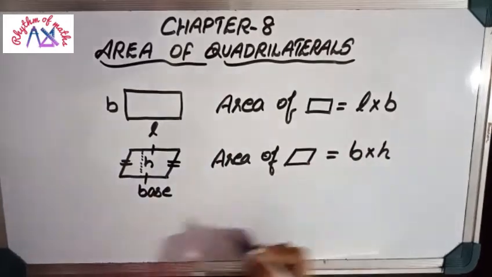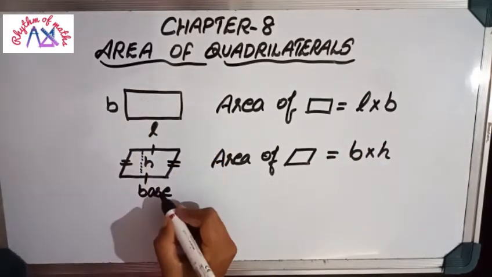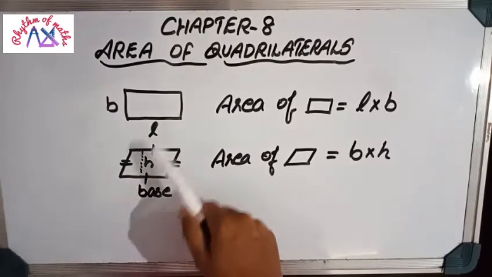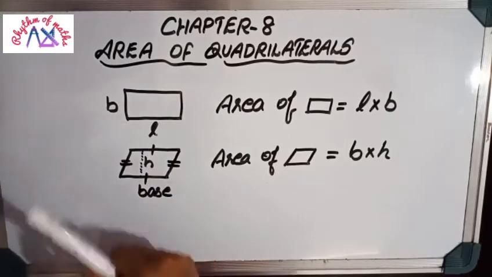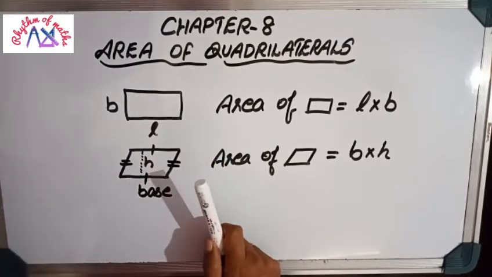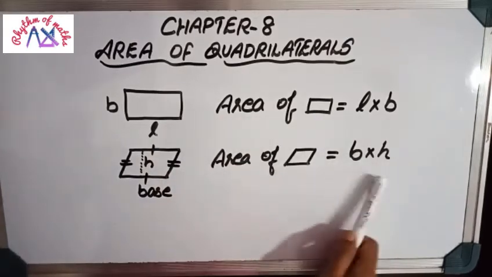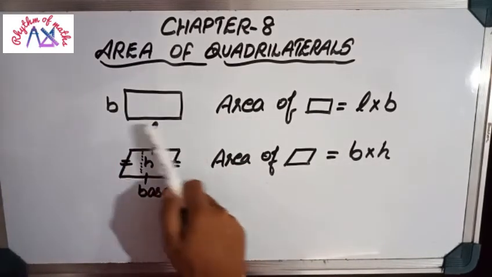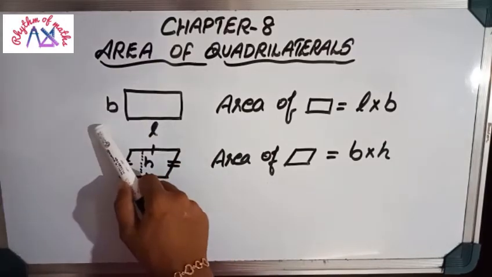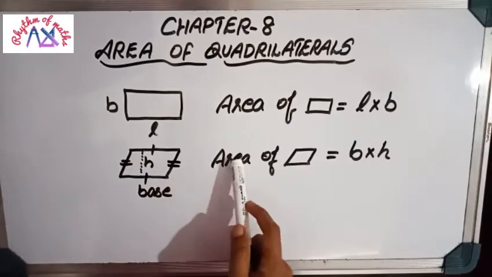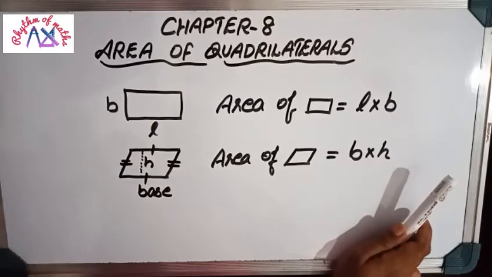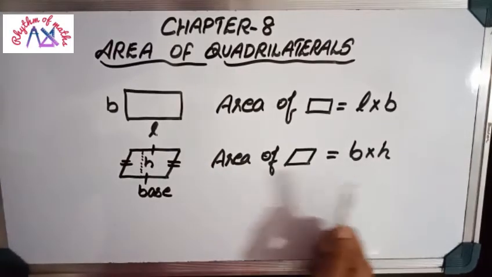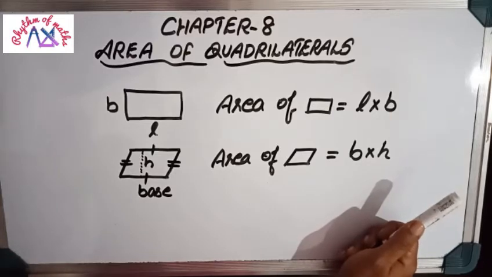Both equations are the same because rectangle and parallelogram are somehow the same, since opposite sides are equal. Opposite sides are equal and parallel for rectangle also. So the area equation is also the same, base and height. For rectangle, base is the same as length and height is the same as breadth. That's why length into breadth. For parallelogram, we will write the equation as base into height. So these are the first equations. In the first section, you have to learn this equation, and by using this we can draw figures. We can construct parallelogram and we can solve problems also.